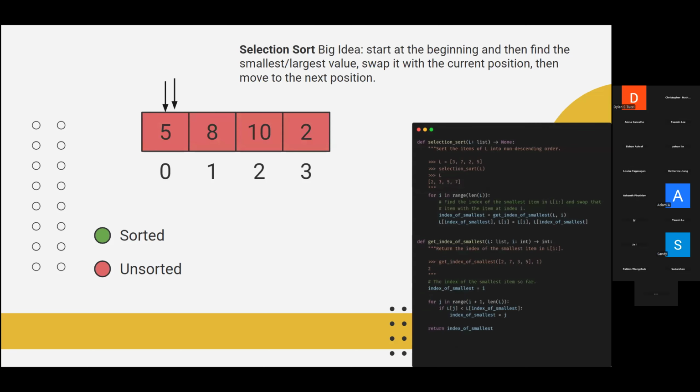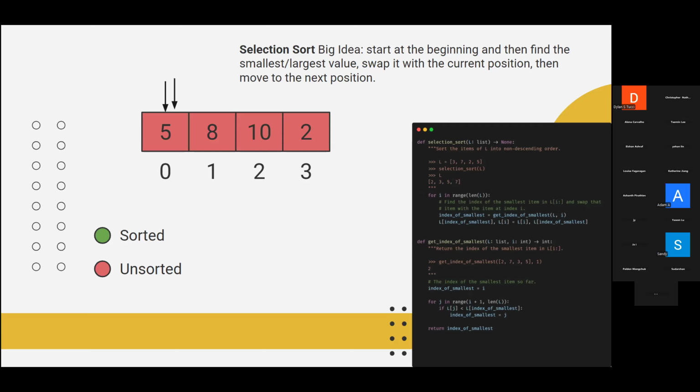Okay, so now we're going to move on to selection sort. And this is a little different from insertion sort because this time, whenever you have the current element, you have to traverse the rest of the array. You either find the smallest or largest value. It depends on what you want. And you just swap it with the current position and you just keep repeating. So in our case, we want this list to again be sorted in a